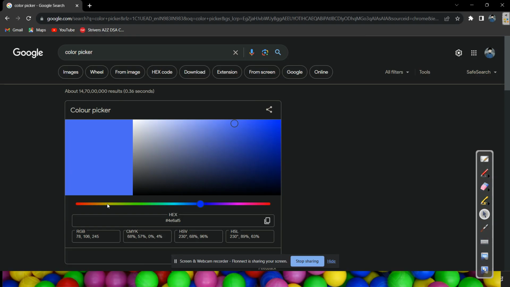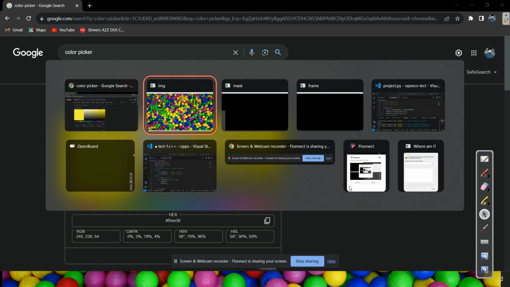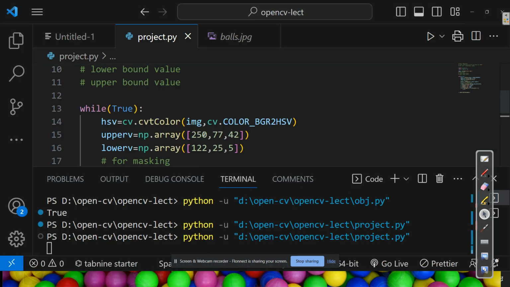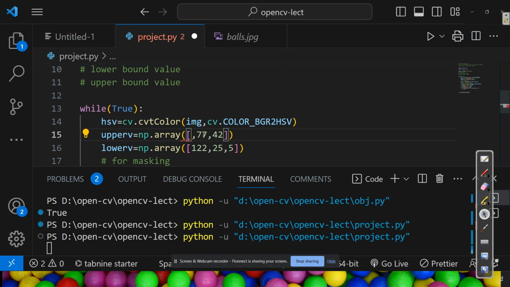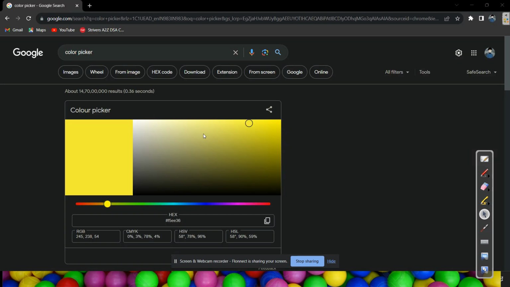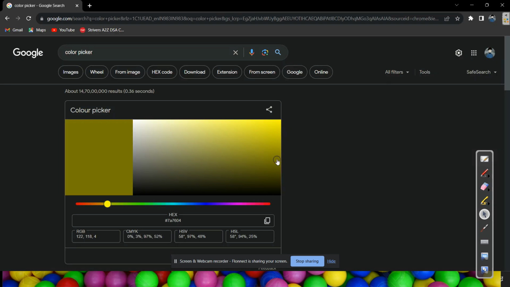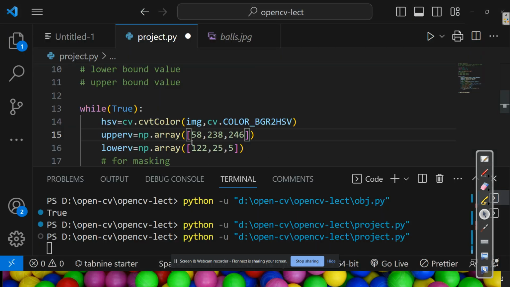So we're choosing yellow. So upper bound is 54, 38 and 245. 58, 38 and 230, 45. Right? This is my upper bound. And my lower bound is 13, 138,